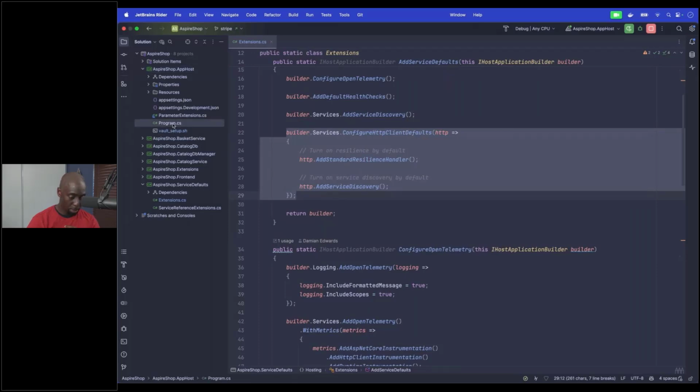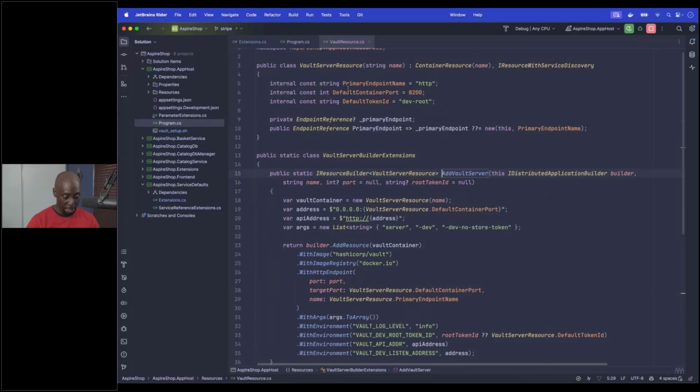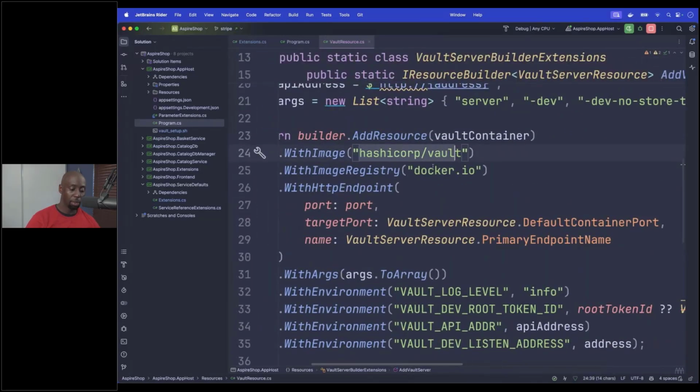So if I pop over to, again, this one that I added to Vault, when I did it, I just said, hey, this is the name of the container, this is where it is, it's in Docker, go pull it down for me, and go ahead and run it. But if you're talking about deployment now, and not just local dev, and you're asking, can I deploy this thing, and will you generate a Docker Compose file for me? No, it will not do that for you.